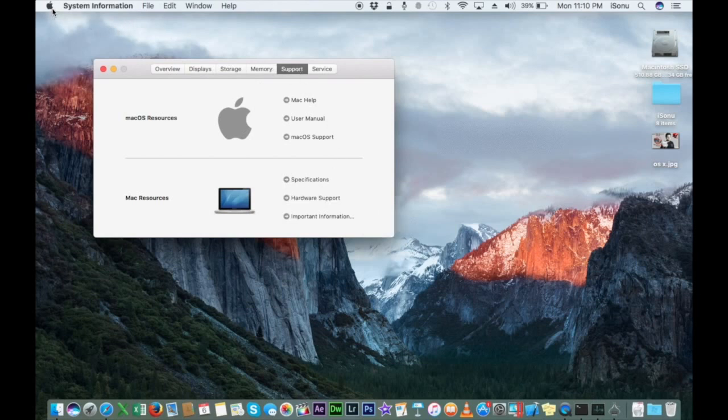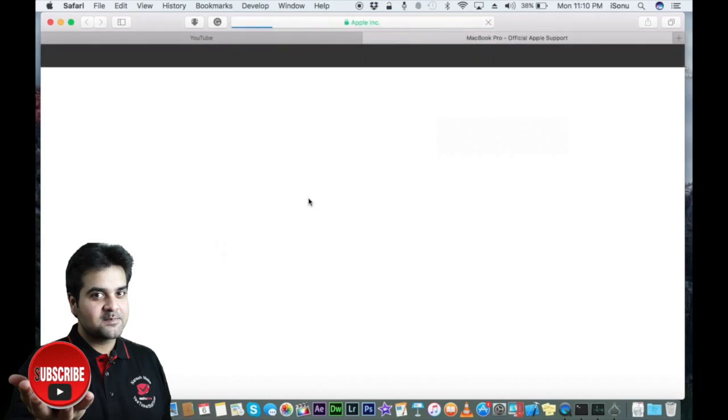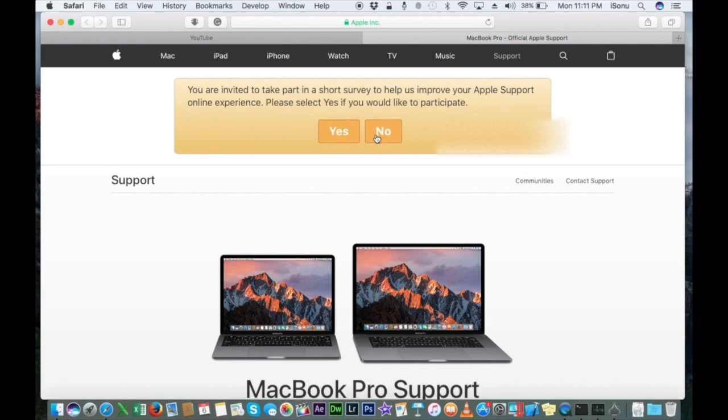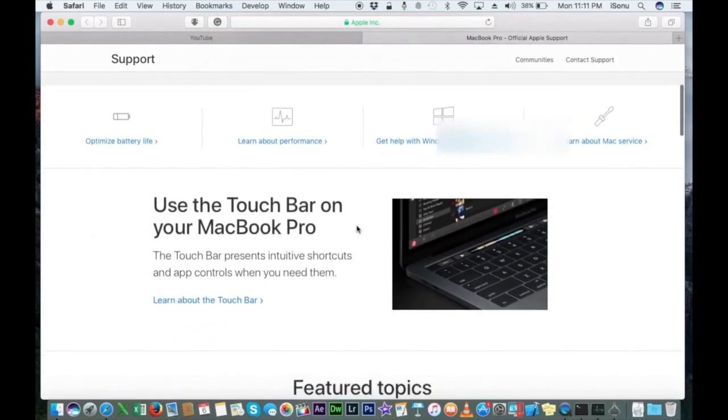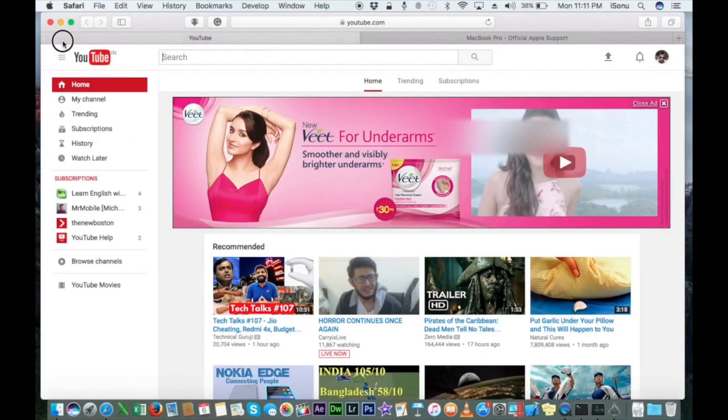Again, I'm just reiterating about this Mac, and if you go to support, you will get the options here which will lead you to the online support. You basically don't need anyone to go ahead and help you. If you're good at going online, researching and fixing your own issues, you can basically go here and click example hardware issues. See, okay, I don't want the survey now. You can basically check, it leads you to the support page, and it basically helps you to